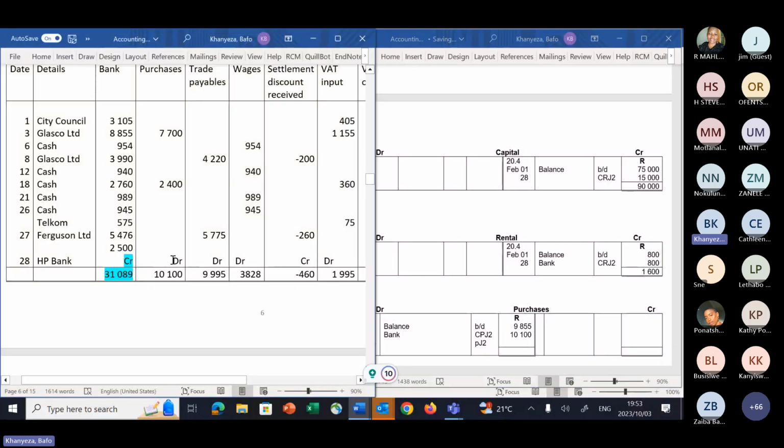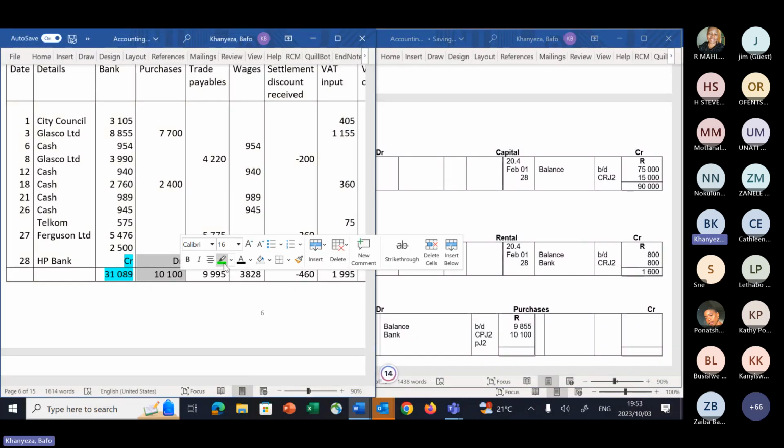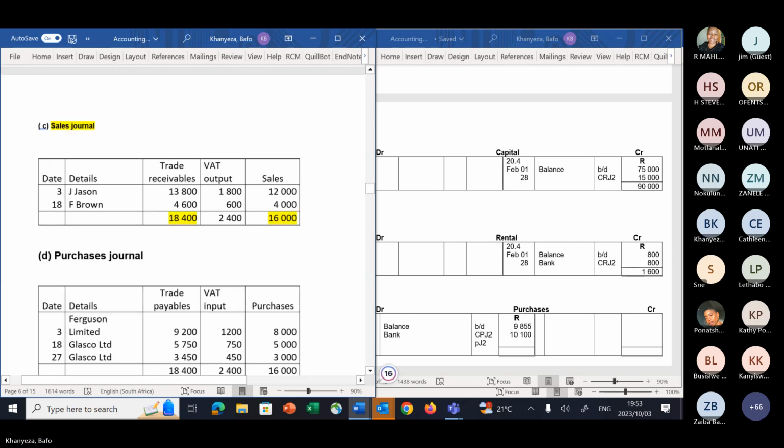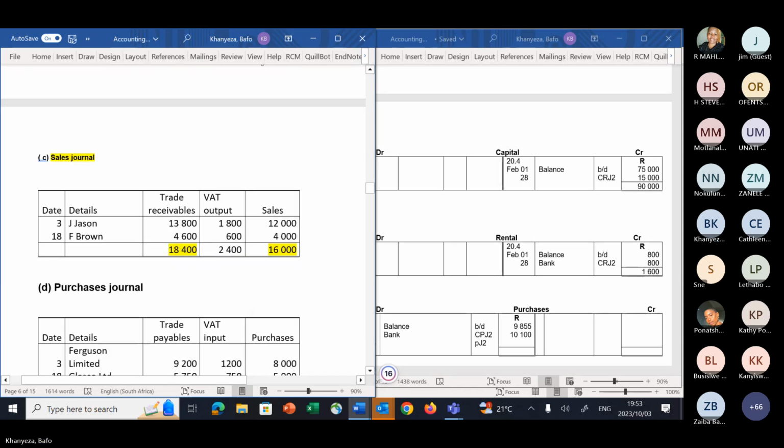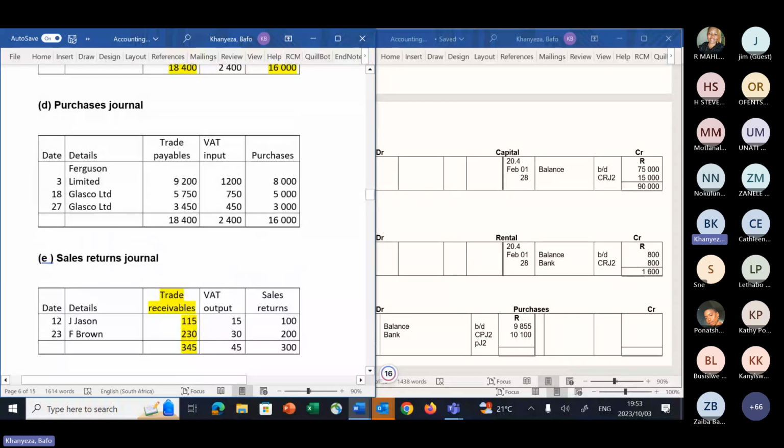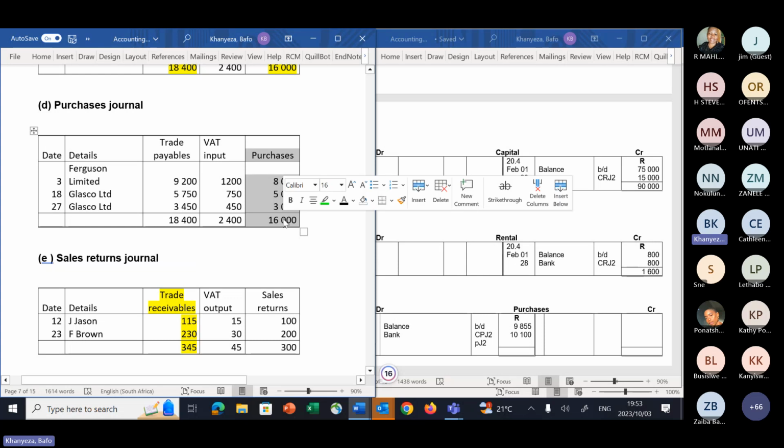So if that was a credit, then it means this is a debit. So we've debited, and we are done with this. Normally you must know that for purchases, there are credit purchases and cash purchases. Let's see. You see, here it is. Purchases journal. Remember, it's a spreadsheet for